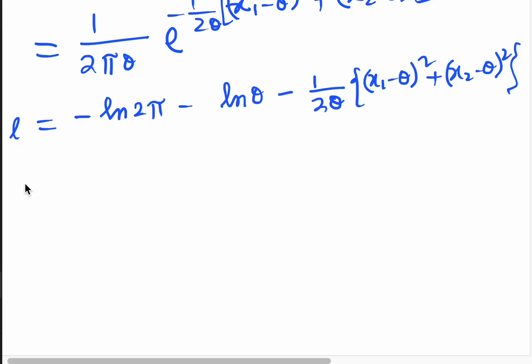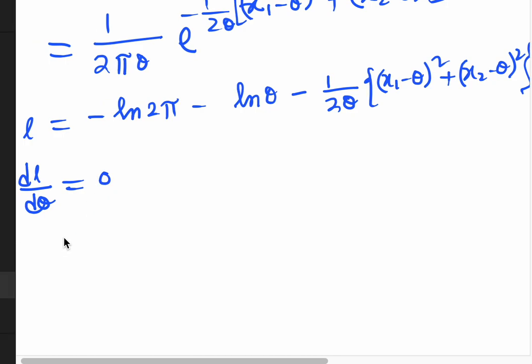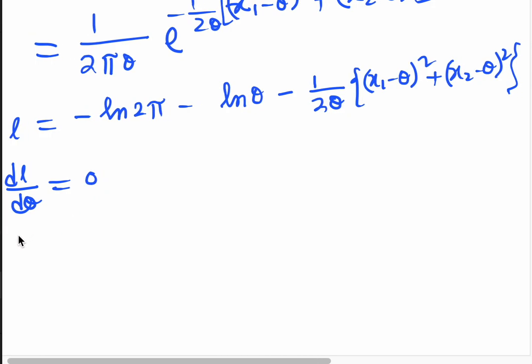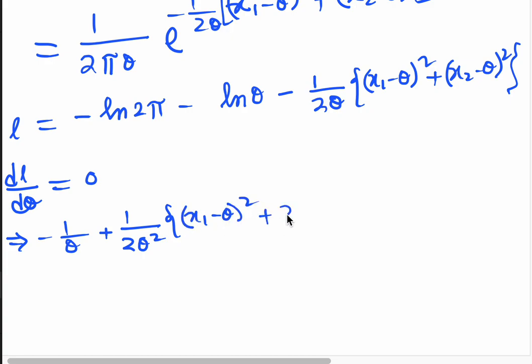Now to calculate the value of theta, we have to find where dl by d theta is 0. So that is minus 1 by theta plus 1 by 2 theta square, x1 minus theta its square plus x2 minus theta its square